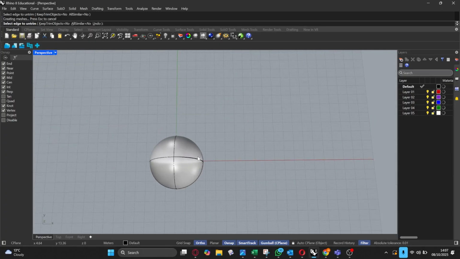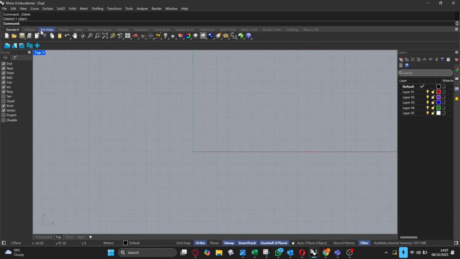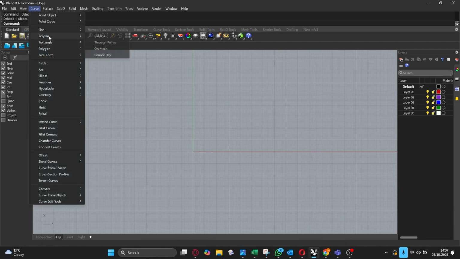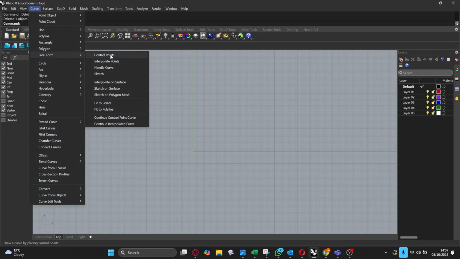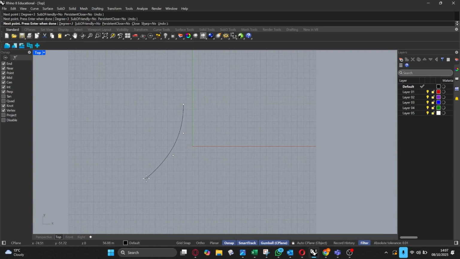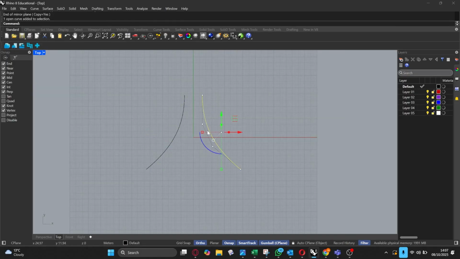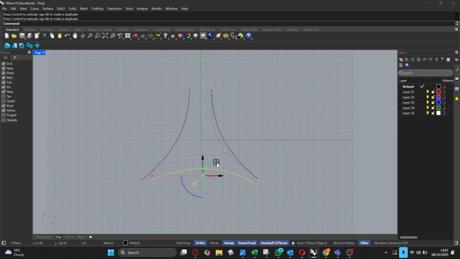So for example, what I'm going to just very quickly show you is if I was to create some very quick curves. I'm just going to create some freeform curves very quickly. And I'm going to create 1, 2, and then 3. And I'm just going to mirror this over to the other side. I'm going to start at 0. Just going to mirror it over there. And then what I'm going to do, actually, I'm going to do this another time as well. And I'm just going to bring this down here. So I have these